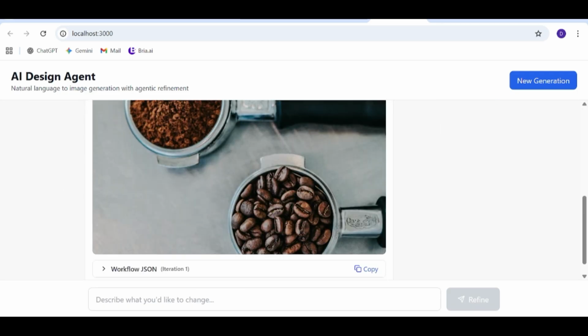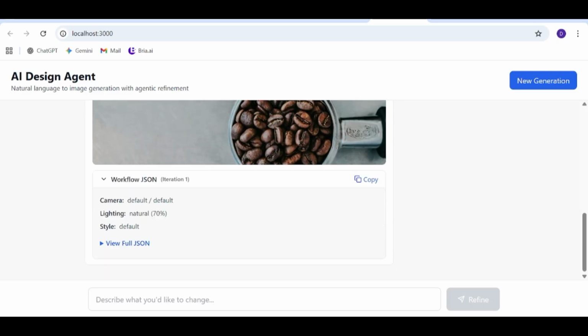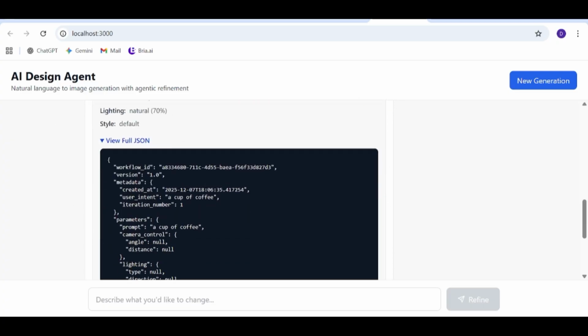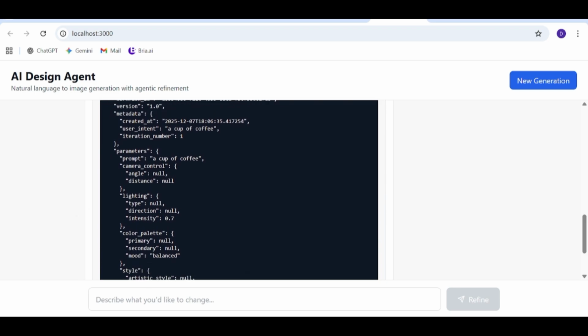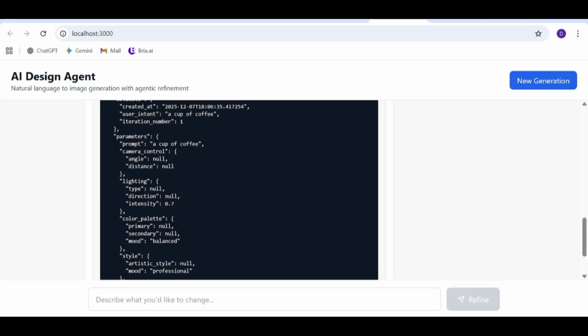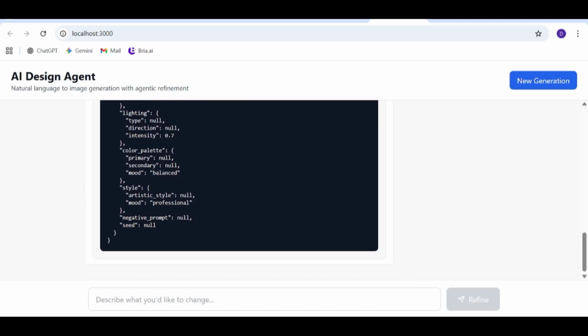And as for this image, you can refine it, you can make it darker, you can change the angle, and you can do a lot of stuff with it. And then if you want to look at the full JSON view, you can see the JSON structure of the image. You can see the angle, the metadata, the time you generated it, your intent, that is your message, which is a cup of coffee, and then you see other parameters there. Now let's say I want to see